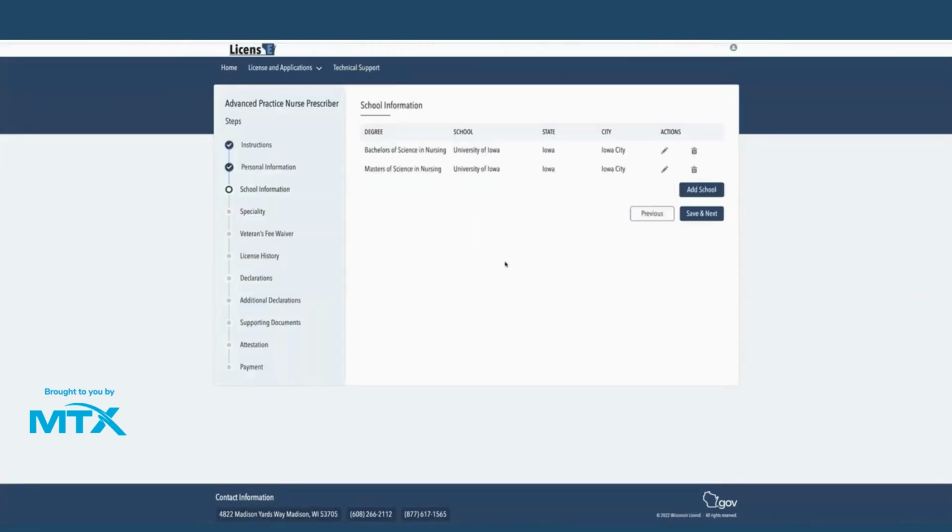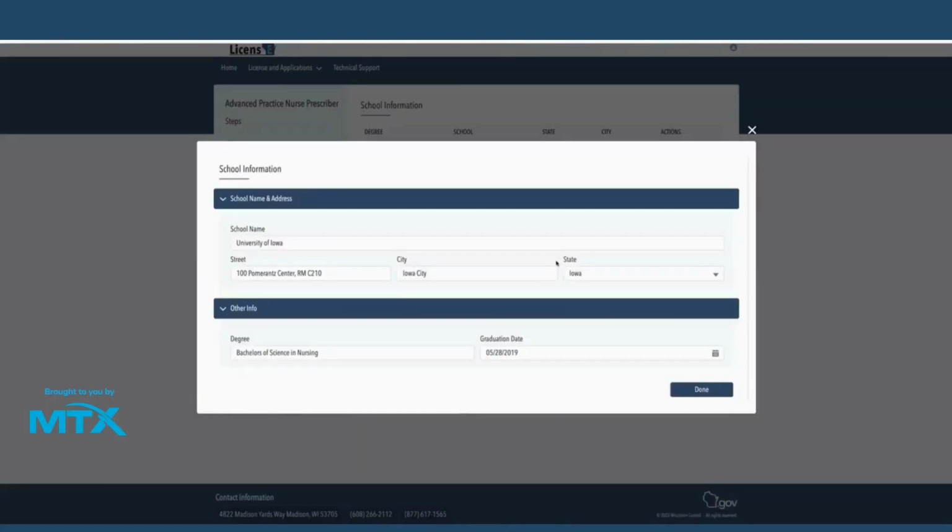So we'll click Save and Next, and that's going to take us to the next step of the application, which is going to be our school information. And as you can see, ahead of time, I've already added in the two schools that our applicant is going to be listing. When I click on this Add School button, it's going to bring up a modal looking just like this. It's going to require me to fill in all of these fields before clicking Done to save that school information. So the school name, the street, the city, the state, the degree, and the graduation date are all